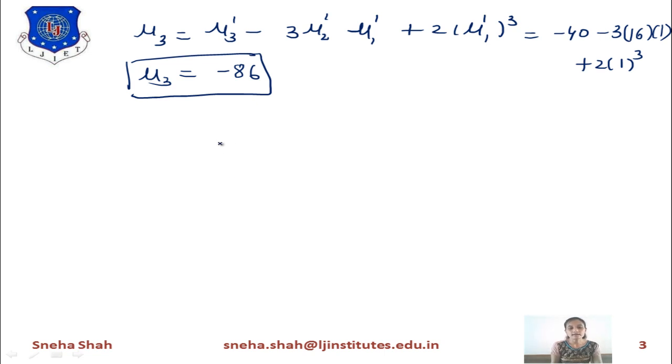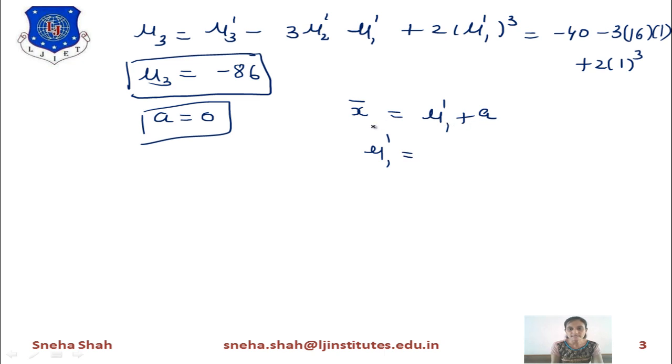Now you have to find the next term, the first three moments about point 0. About point 0 means the value of a equals 0. So starting with this, first of all we start from the equation of x bar, the mean value. The value of x bar equals mu1 dash plus a. So if you want to find mu1 dash, this a goes over here, so mu1 dash equals x bar minus a. X bar means the mean value. As you know, the mean value equals 3. So 3 minus 0 about 0.